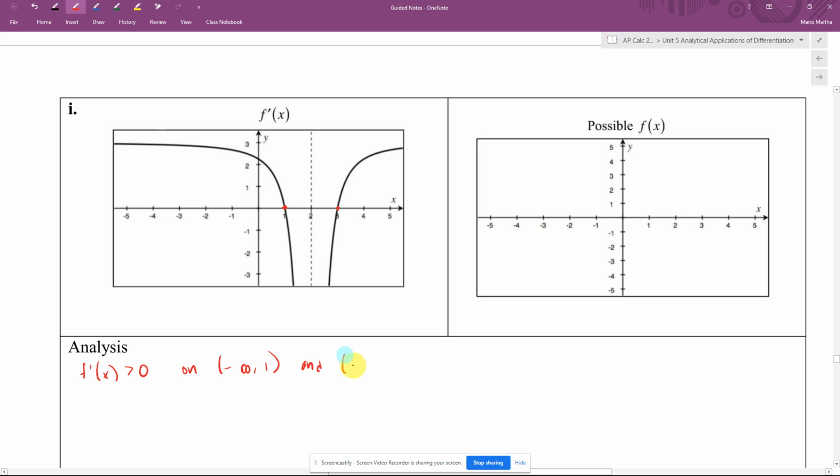So therefore, we can say that our f of x is increasing on those same intervals: negative infinity to positive 1, and from 3 to positive infinity. And then we can also see from the graph that f prime of x is less than 0 on the interval between just 1 and 2. So therefore, we can say that f of x is decreasing,